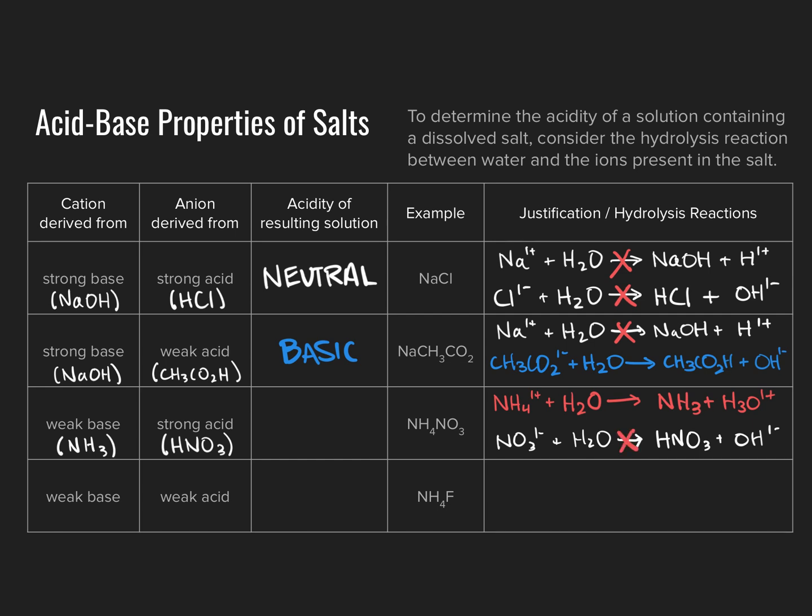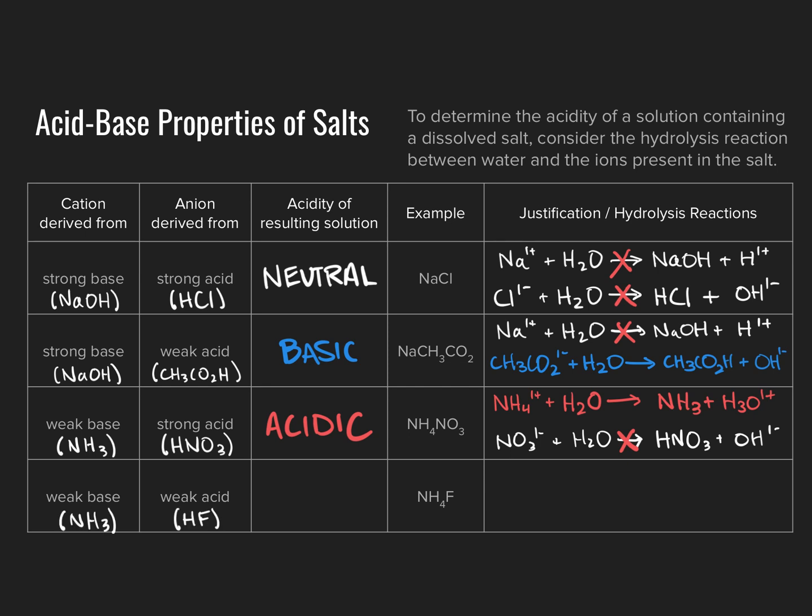And as such, the solution of ammonium nitrate should generate an excess of hydrogen ions in solution, resulting in an acidic solution overall. So those are the friendly ones to deal with. Last but not least here, what if we have both a cation and an anion derived from weak species,